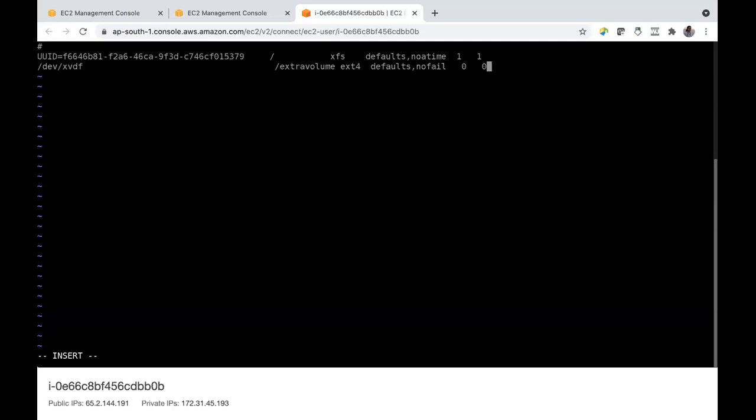Okay, now you have to save this. How to save? We already discussed it while we were launching the web server. Escape, escape. Your insert mode will not be there. And now colon wq exclamation mark, right? Yes, yes, for forcing. And hit enter. You have successfully made the entry.